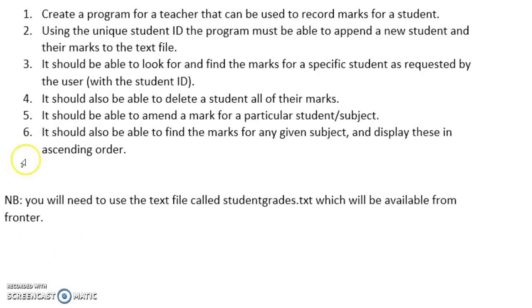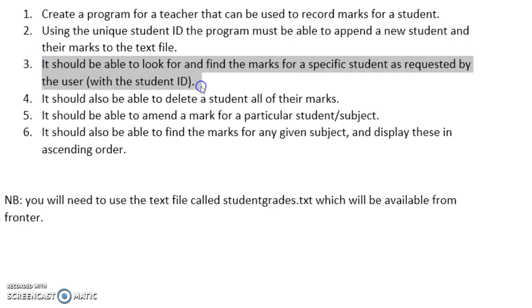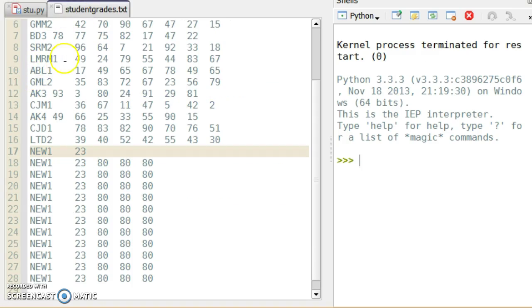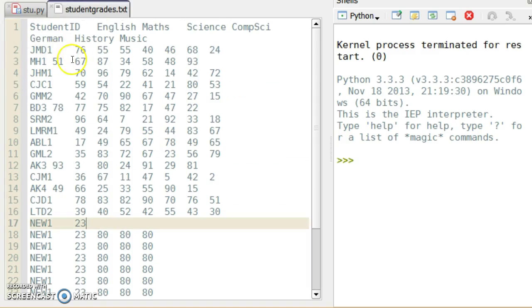So let's see how we might go about doing this, where we can find the marks for just one student using the student ID. If we have a look at the data here, that means we want to be able to read through the file and then display,